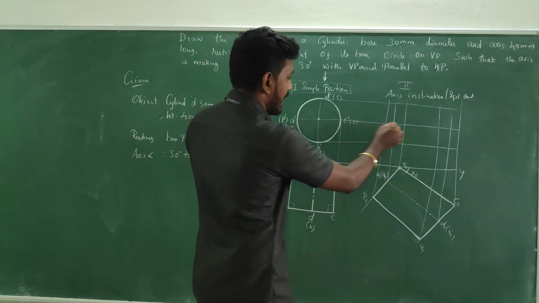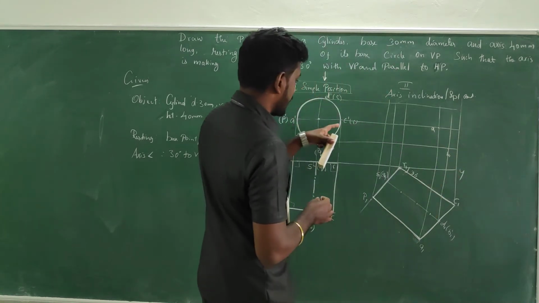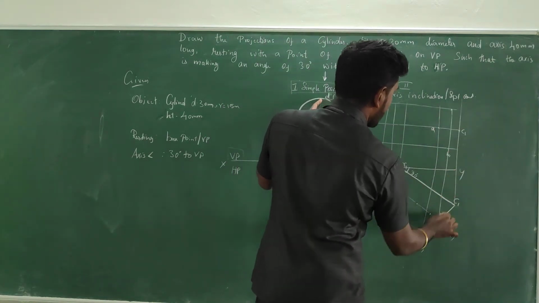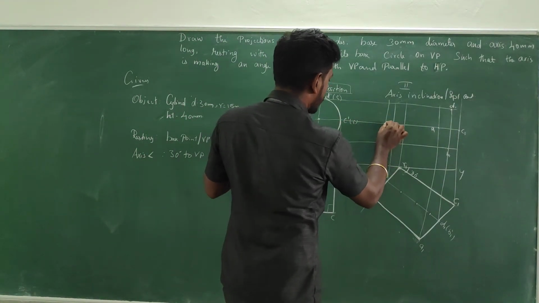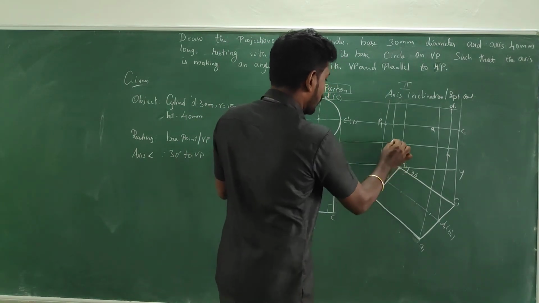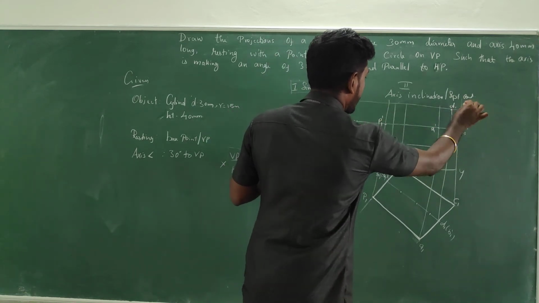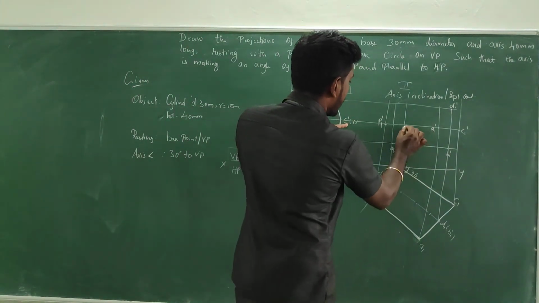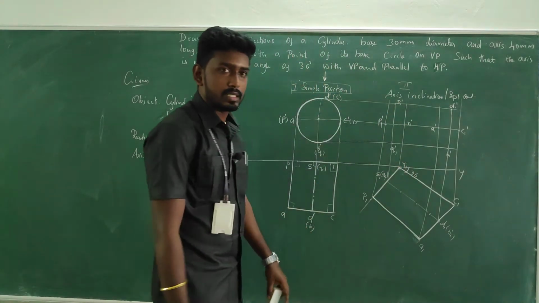So here is the horizontal A and here is the vertical A. So this would be A1. So here is B1. Here C1 is meeting, and here is D1. The horizontal and the vertical line meeting as D1. So here is the horizontal and here is the vertical. So this would be P1. Here is Q, Q horizontal and Q vertical. So this would be Q1 dash. These are the dash marks. These are the front view, so it must carry dash marks. And here is the R horizontal and here is the R vertical. So this would be R1 dash. So here is the S1 dash.